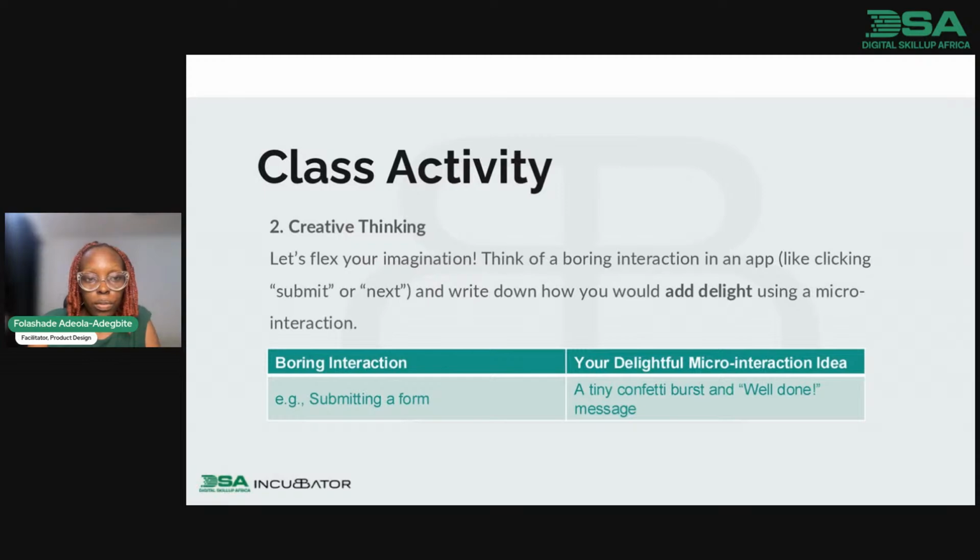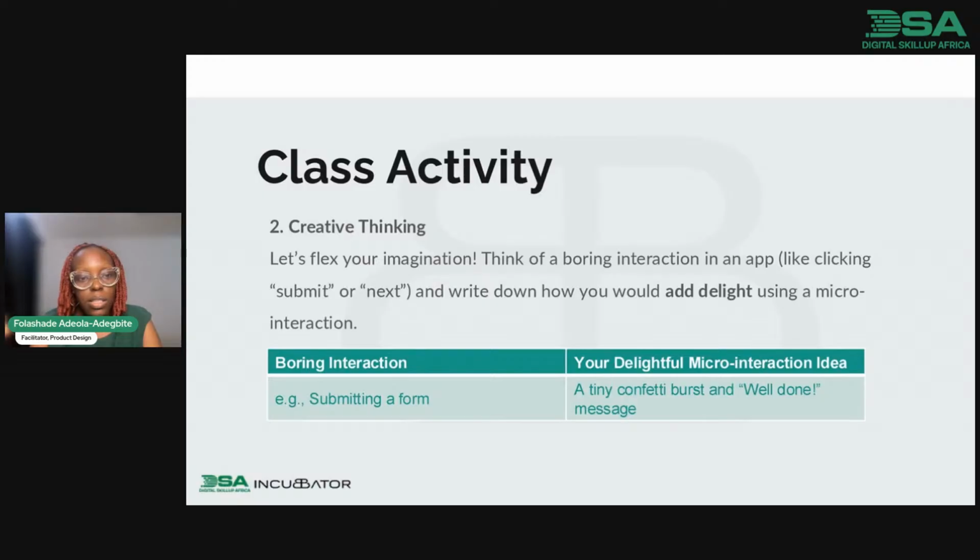So the next activity is creative thinking. Let me flex your imagination. Think of a boring interaction in an app, like when you click submit or next, and write down how you will add delight using a micro interaction.